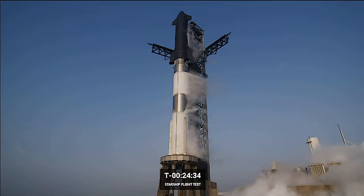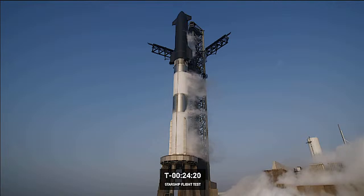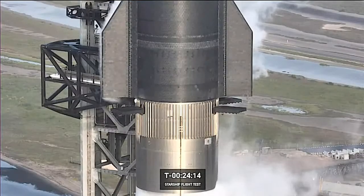And ultimately, that staged combustion means that we combust the propellant in stages. We kind of pre-combust them in a pre-burner, and by doing so, it allows the engine to be more efficient, i.e. more powerful. Now, like Falcon 9, the Super Heavy has 4 grid fins to assist with orienting itself